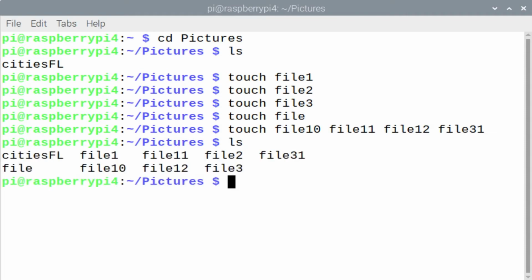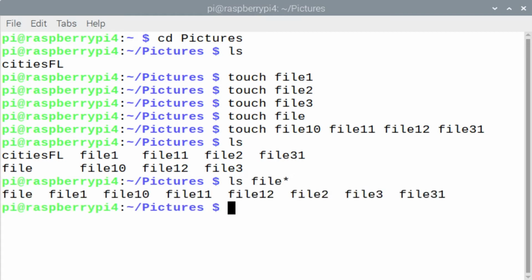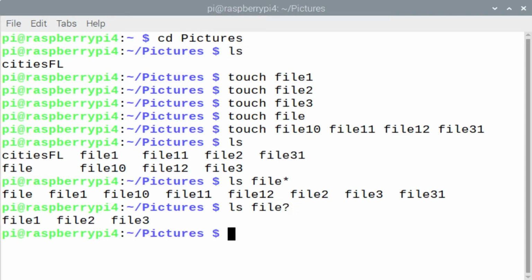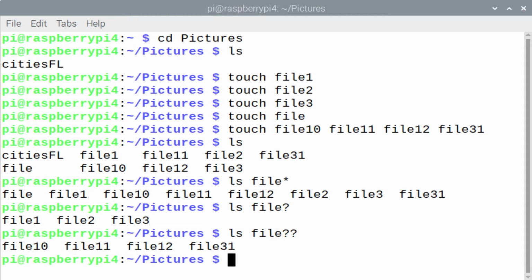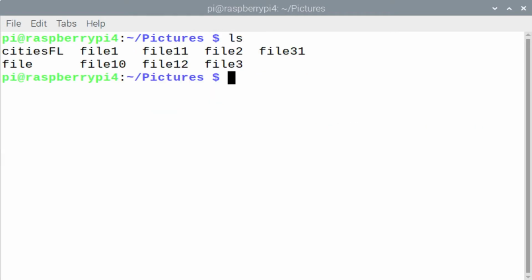Let's look at some regular expressions. These allow you to have a certain pattern to match within a file name or within text. Enter ls file*. That'll display any files that begin with the word file and 0 to any number of additional characters or numbers. If you enter ls file?, this says look for any files whose name begins with file and has just one character or one number. If you enter ls file??, this says find any file names that begin with file and are followed by